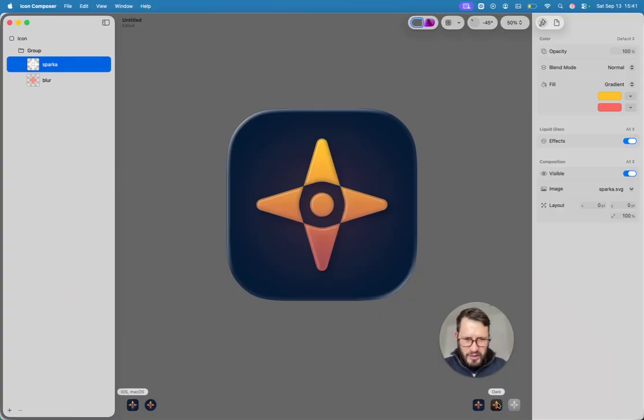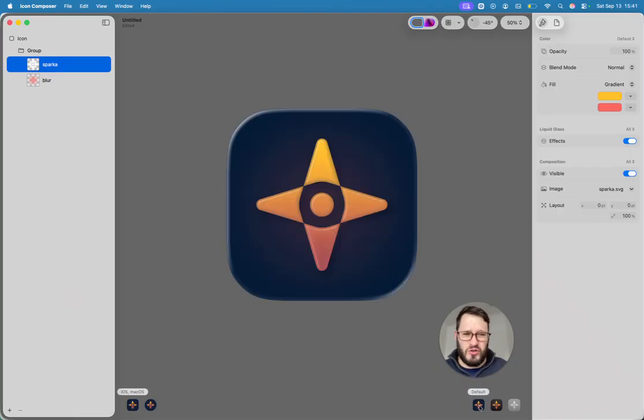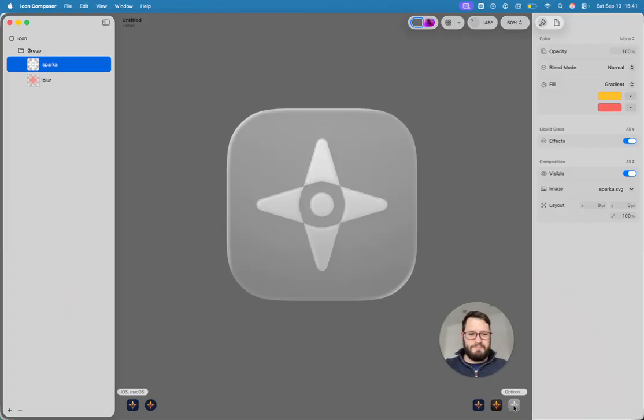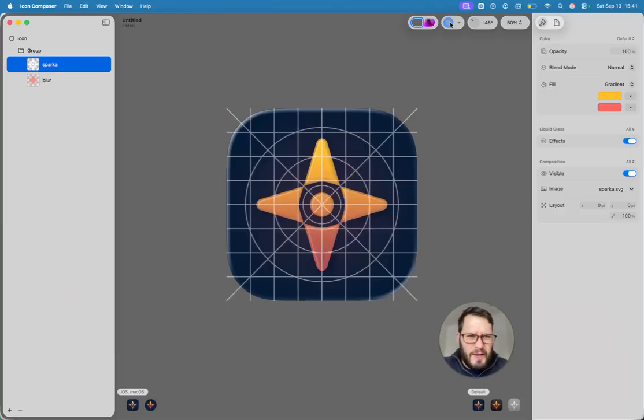You can also view the app icon in dark mode, mono. Apple does so much cool stuff for us. I love the fact there's still the blur, right? But then in the mono variation, there's no blur going on, which is really nice to keep with that theme. So going back to default here, and if I put this back on,